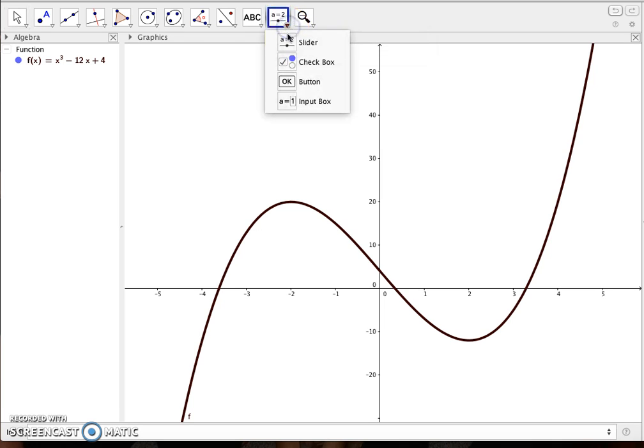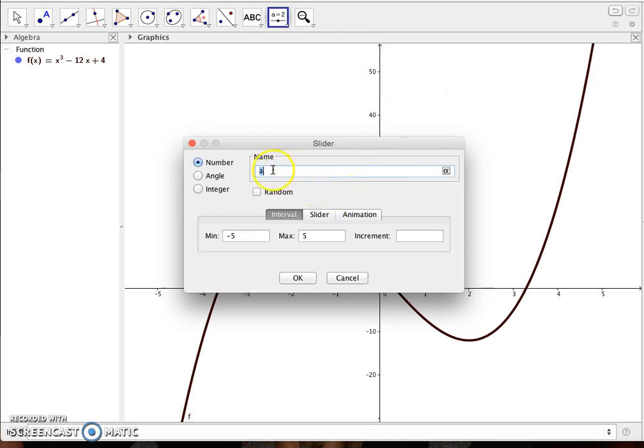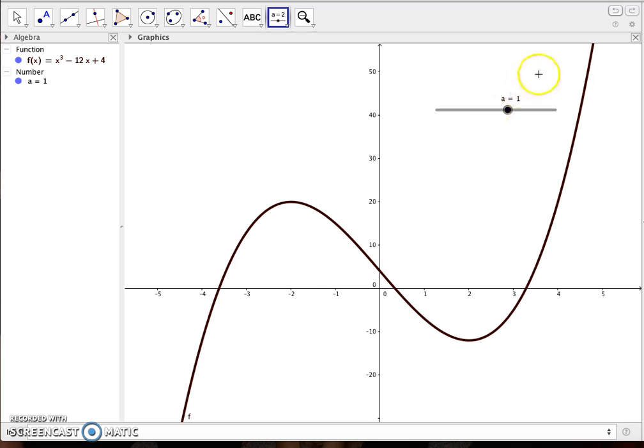I'm going to go right here, and it's going to name the slider A. That's fine. It's going to go from -5 to 5, which is good on my graphing window, and we don't need any increment, so we can just hit OK for that, and that pops up this slider. It's not doing anything right now because I haven't really created it. I could put a point on here and call it A, but I'm going to in a moment. So what I'd like to be able to do